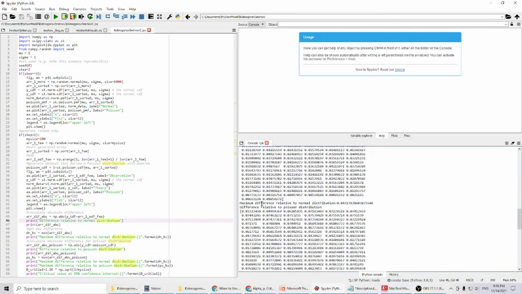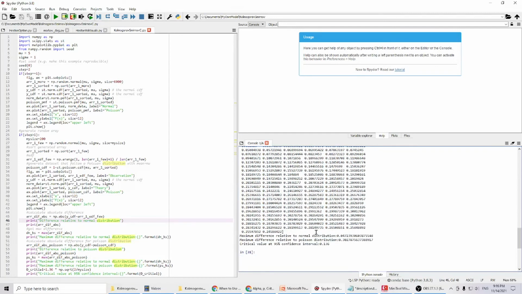And the maximum difference relative to the normal distribution is 0.047 something. And comparing to the Poisson distribution, we have those differences, and the maximum difference relative to the Poisson distribution is 0.30. And now our critical value at 95% confidence interval is